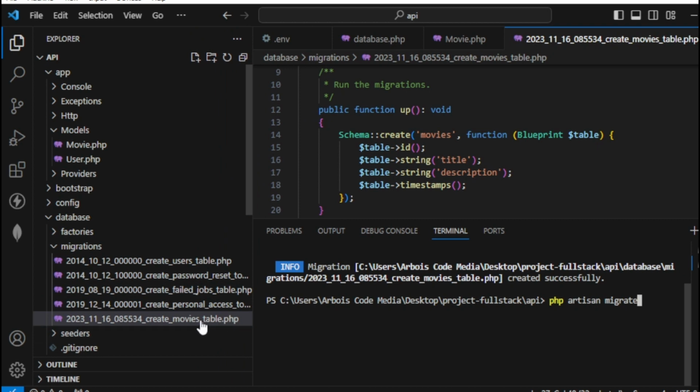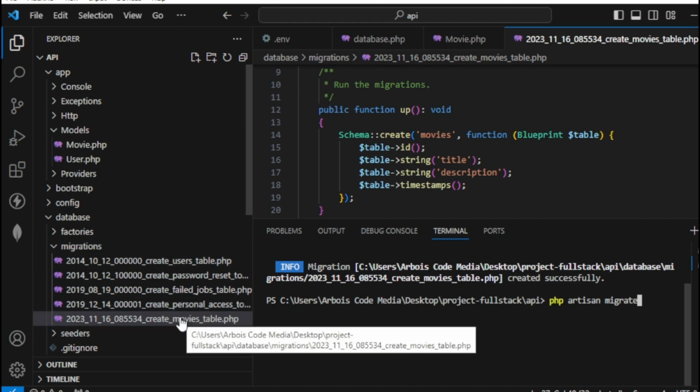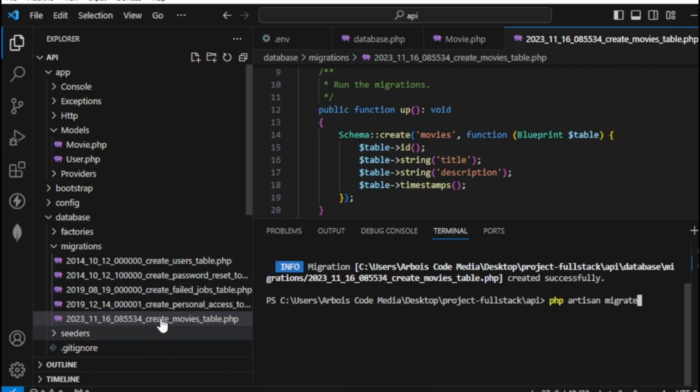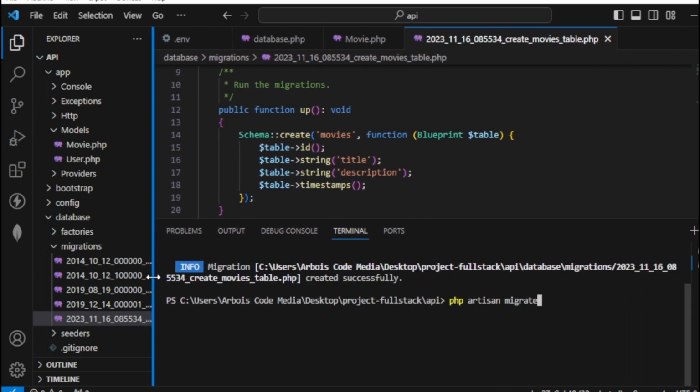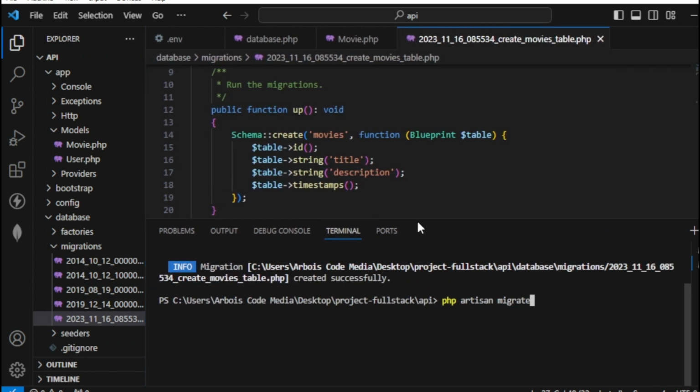So not only our files will be created, also this migration file as well. For now, I'm going to make a separate series for this one, so just leave it as is. This is a default from Laravel. So let's proceed now on the migration by pressing enter,